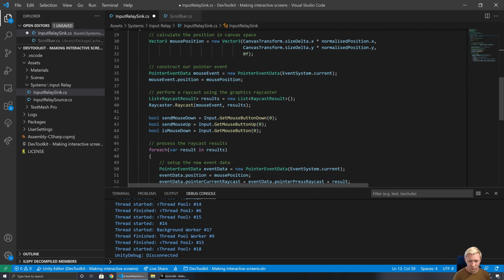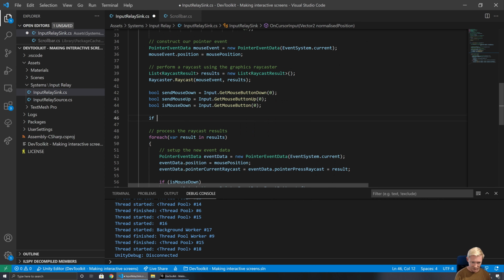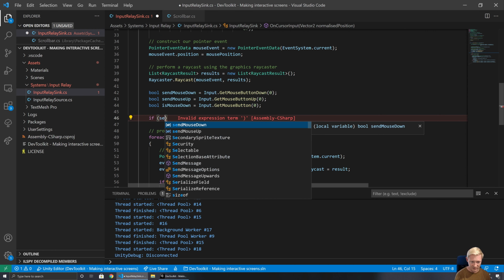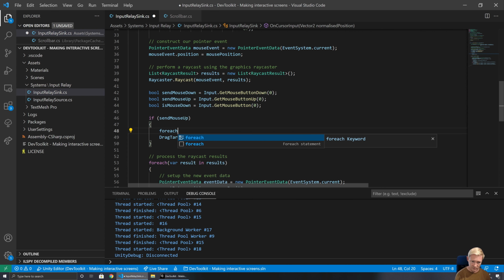So what we need to do then is, first thing, we're going to check, has the mouse gone down? This is where we potentially can populate drag targets. In this case, if the mouse has gone down, we might be updating ones, but in particular, if the mouse has gone up, then all of those drag targets are going to go away. But before we get rid of them,